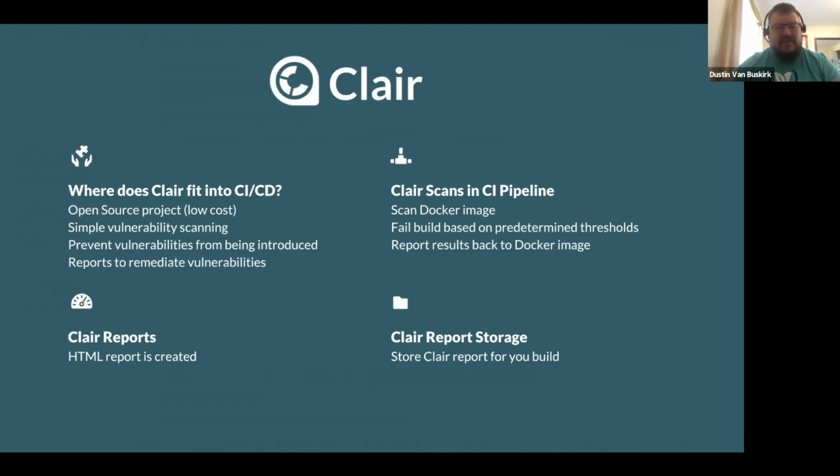Clair reports. In addition to annotating the metadata on the Docker image, I'll show you how that's all done so that your users can see really quickly what the vulnerability counts are for each different severity level. We'll also have a really nice HTML report to look at in the end so that we can hand that off to our security team or even back to our developers